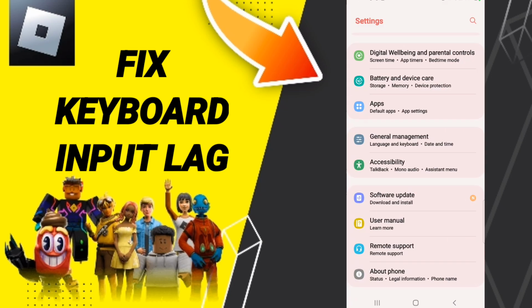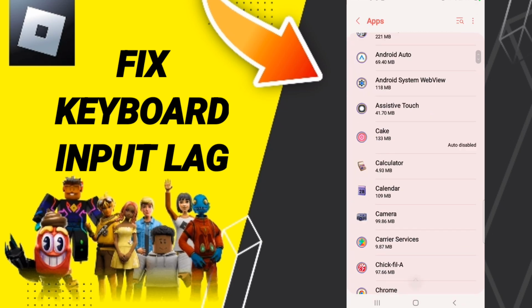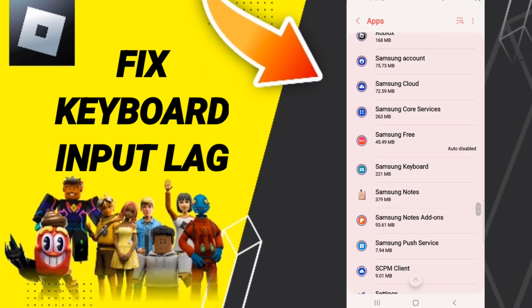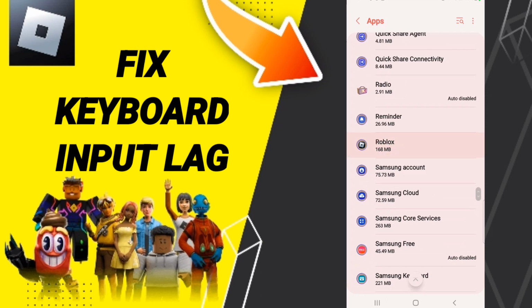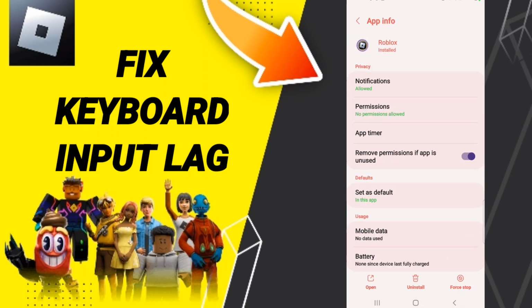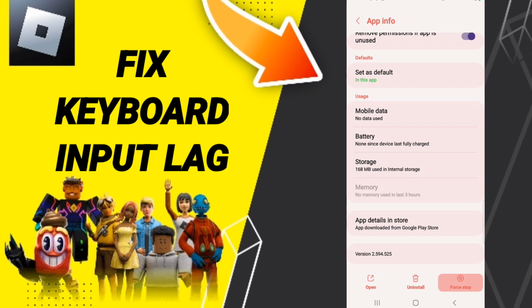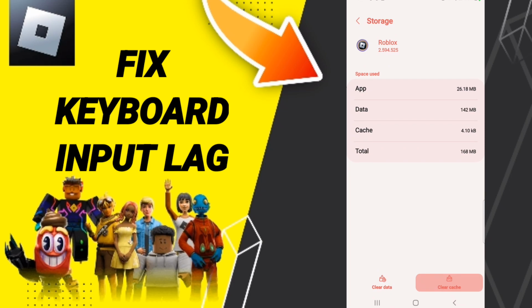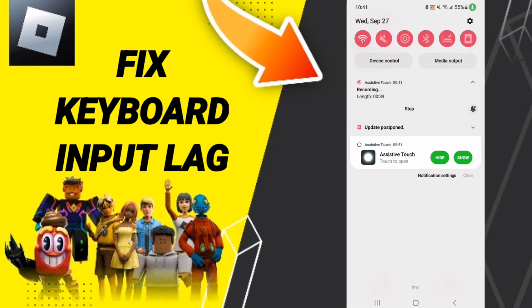After that, on this page you'll enter apps, default apps, app settings. When you find this page, you'll search for Roblox. Here in this list of app info, you will click on first stop and then click OK. Then go to storage, click clear cache, and at the end of all these steps,